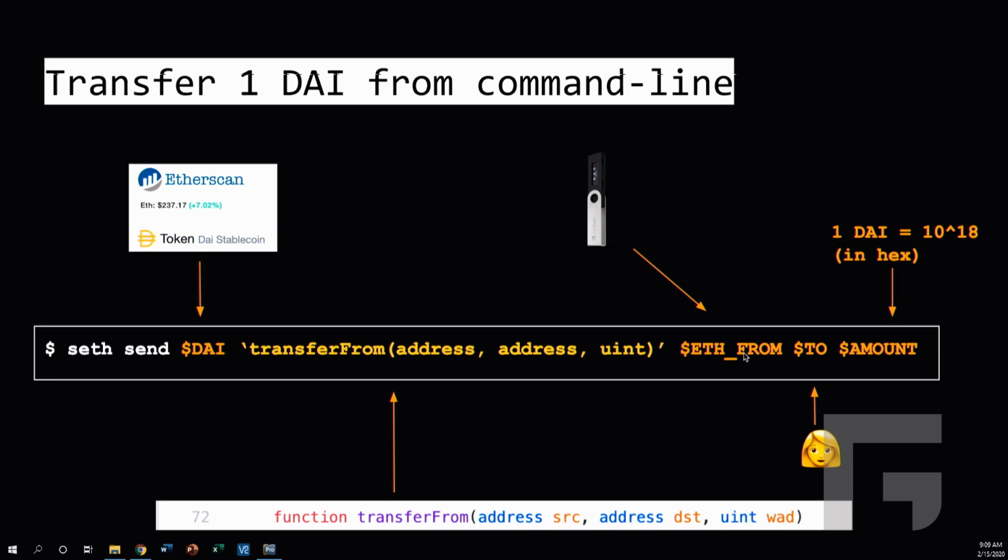The from address is in that case my own address, and then I just need some to address. And it's a bit tricky because this one DAI is not the number one. You need to be aware that one DAI is 10 to the power of 18, and that you need to do it in hex. But